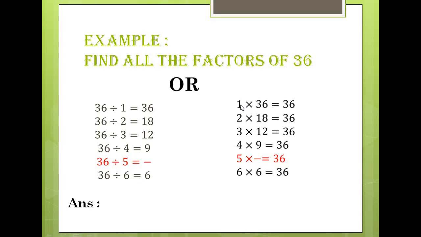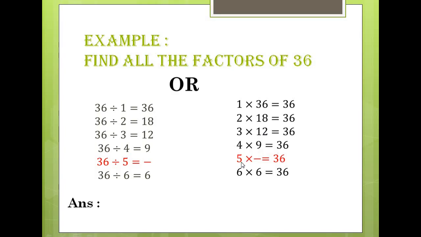And the other method is where you first see what numbers when multiplied together give 36 as output, isn't it? So we'll see 1 into 36 is 36, 2 into 18 is 36, 3 into 12 is 36. So when you come across all these sets, those numbers which are multiplied together become the factors. So 1 is a factor, 36 is also a factor, 2 is a factor, 18 is a factor, 3 is a factor, 12 is a factor, 4 is a factor, 9 is a factor.